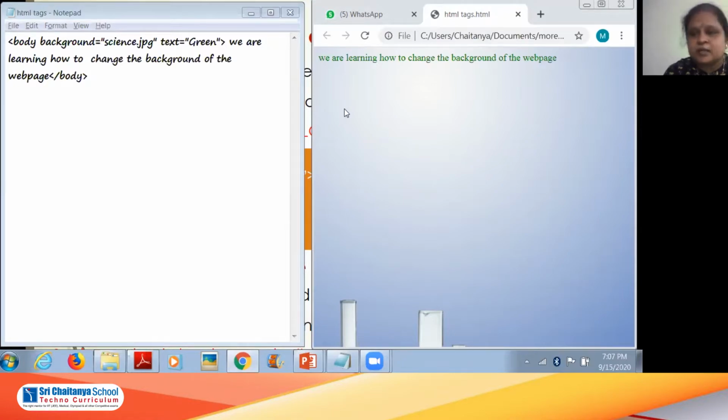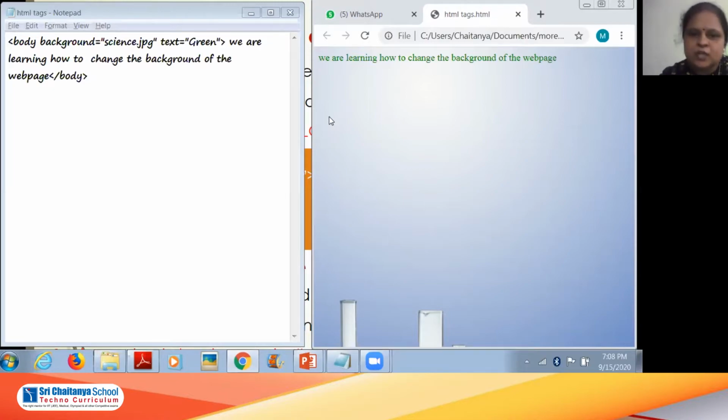Please, children, understand properly the difference between font color and body text: font color will change only the text you have written within the font tag. Body text color will assign the color to the whole web page. It will be applied for the whole web page. I think it is very clear for you.